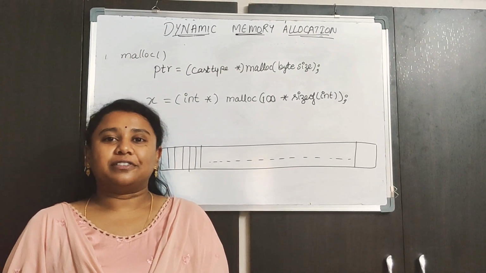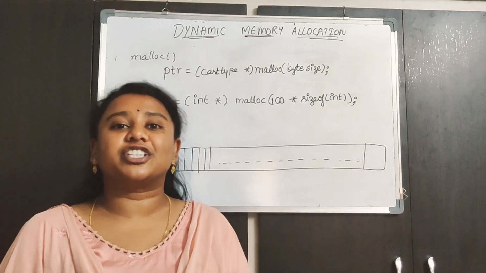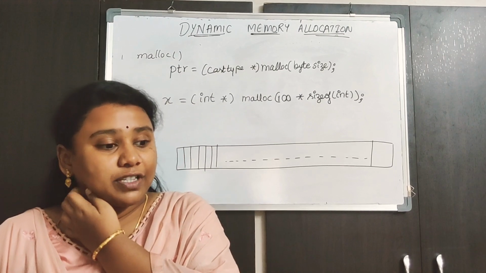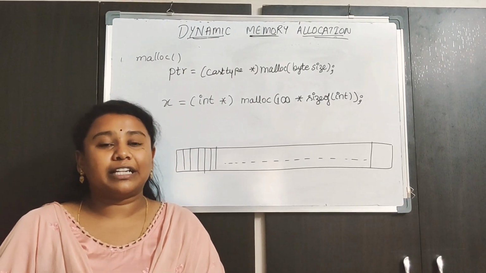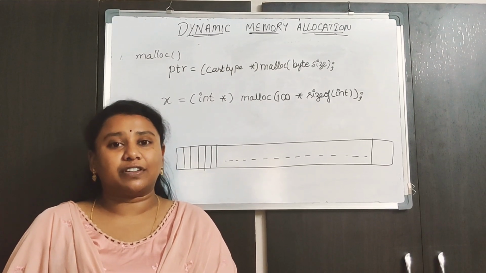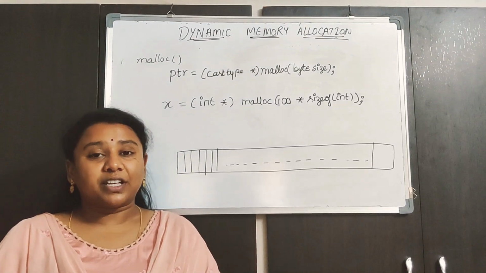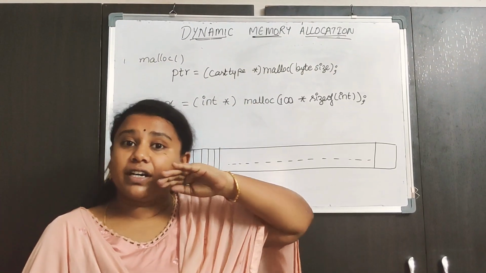Now, coming to the functions that help you to achieve dynamic memory allocation. The first function is the malloc function. What does a malloc function do? While we've discussed pointers and void pointers, we'll think about that once. First of all, we know that every function must have a return type. Similarly, malloc is a function, so it must have a return type.